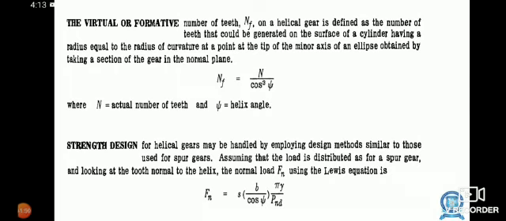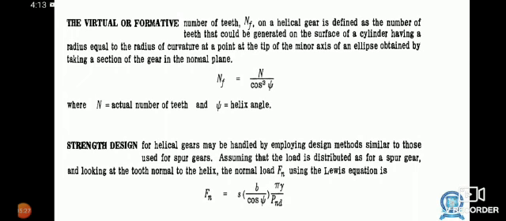Where N is the actual number of teeth, psi equal to the helix angle. Strength design for helical gears may be handled by employing design methods similar to those used for spur gears. Assume that the load is distributed as for a spur gear, and looking at the section normal to the helix, the nominal load F1 using Lewis's equation is F1 equal to S into B divided by cos psi into